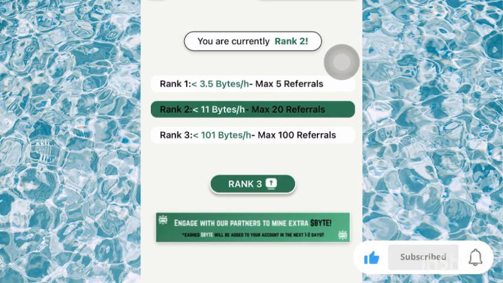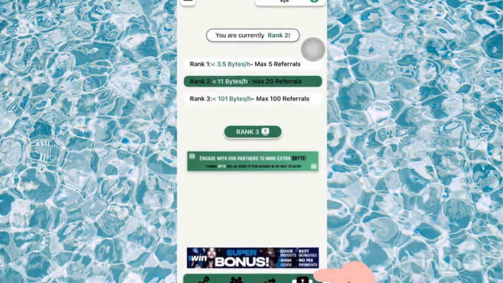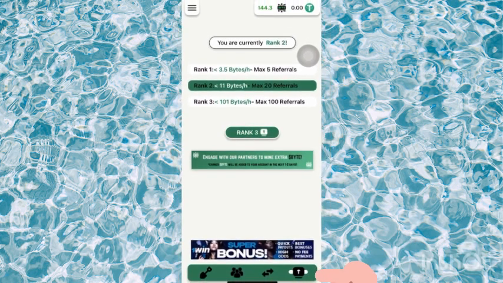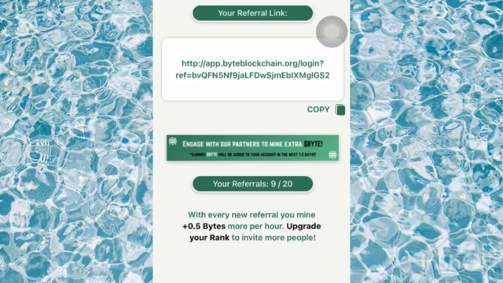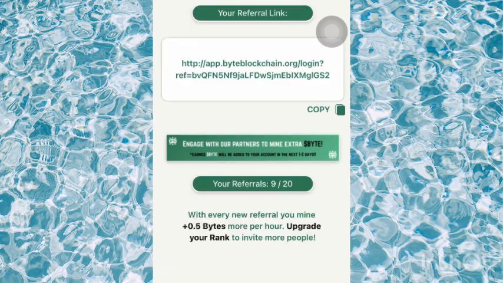to USDT. And then you can see it over at the last side over here. And let me go over to my referral, which is here, and over here you can see I have only 9 referrals, 9/20 referrals. So I'm in rank 2. That means I'm in rank 2. They say with every new referral you mine plus 0.5 bytes more per hour, upgrade your rank to invite more